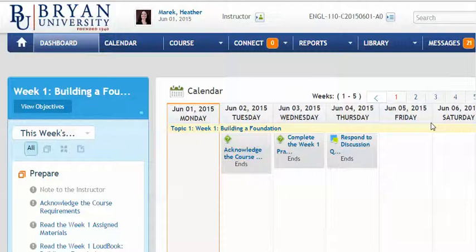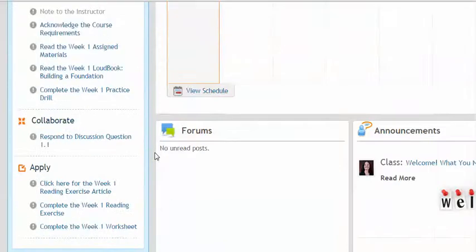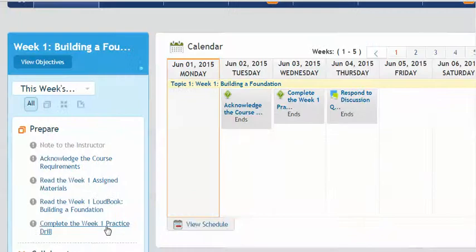To show you how to use your textbook and the search tools in your textbook to make it work like Google. Now, for a couple of weekly tasks, your practice drill, your reading exercise, and your worksheet, it's going to reference the textbook. And maybe you've come from a more traditional learning environment where textbooks weren't used a lot during tests, and so